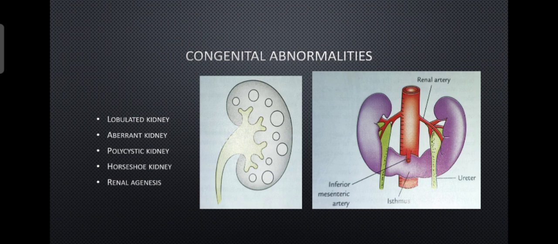Then renal agenesis. We should not think that a person always has two kidneys. Some may be born with only one kidney, and the other kidney may degenerate before birth itself. This is called renal agenesis. So during nephrectomy, that is the removal of a part of a kidney or removal of a kidney, one should check that the person has both kidneys, so that removing one kidney will not be life threatening. So it is always mandatory to check both kidneys before any nephrectomy. These are the congenital anomalies.